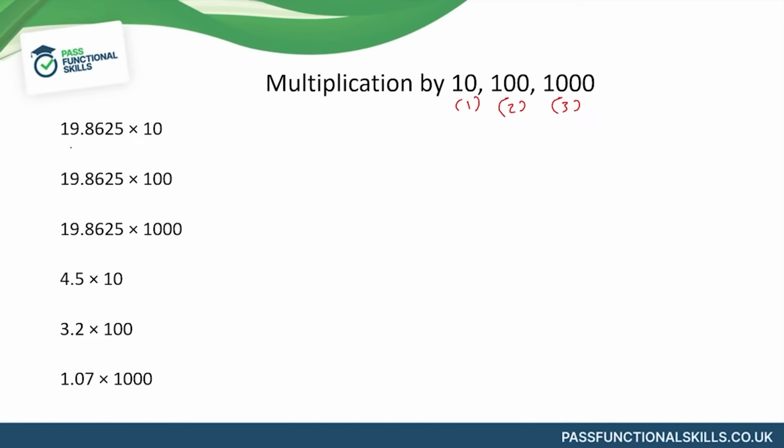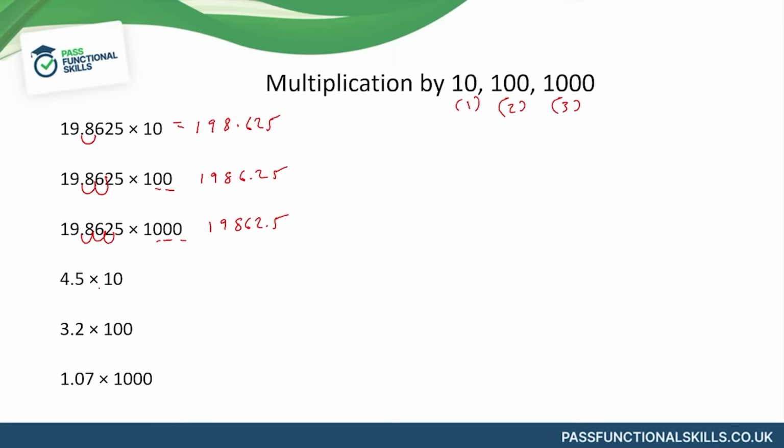So the first example, we're multiplying by 10, so we're going to move the decimal point 1 position to the right, so it will now be between the 8 and the 6, so that'll be 198.625. The next one, multiplying by 100, 2 zeros, so we're going to move it 2 positions, so it will now sit between the 6 and the 2, so 1,986.25, and by 1,000, that's 3 positions we're moving the decimal point, so 1, 2, 3, that will be between the 2 and the 5, so